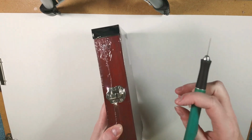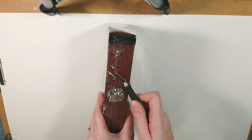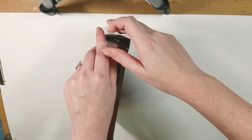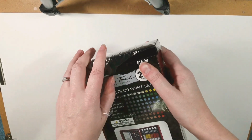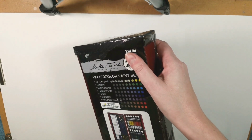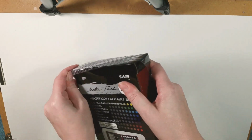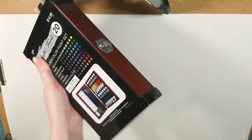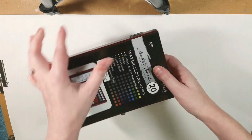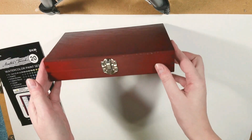Alright, so let's slice our way into this using a very old Luling X-Acto blade. And this has been shrink wrapped, and then it comes in a wooden box. Let's see if I can remove this without too much hassle. Okay, and then we have our little end caps, and then we have our sleeve information, and then we have a plain